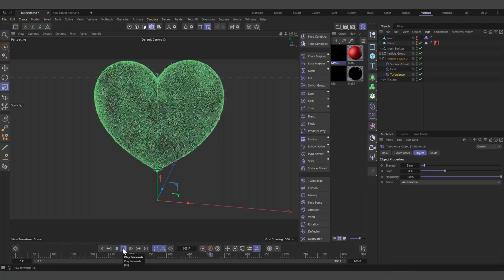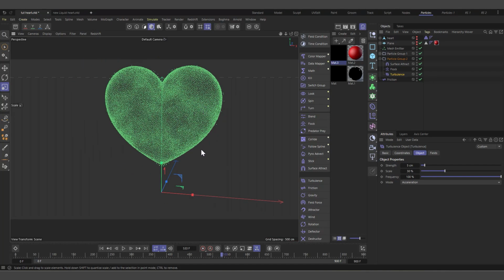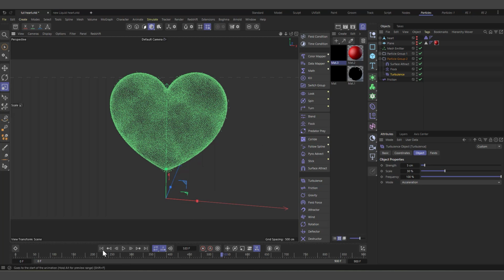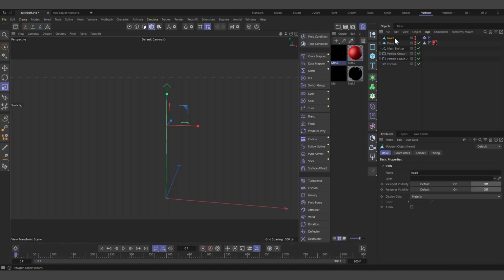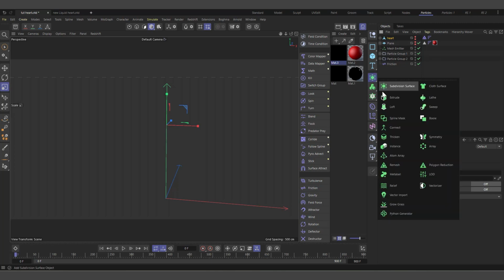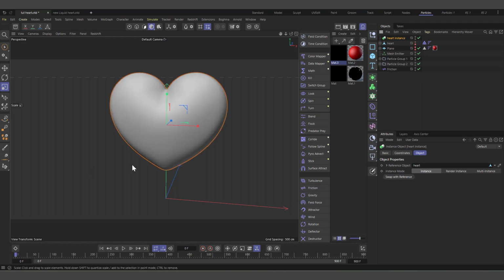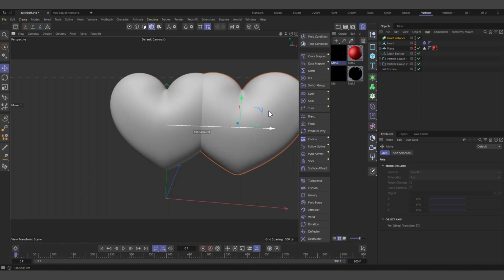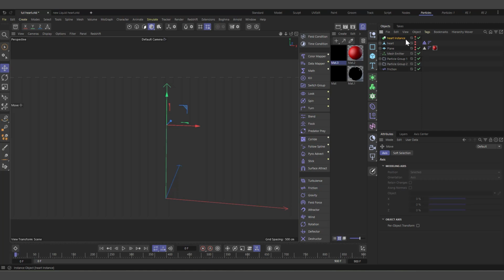All these, I mean, depends on what you want, right? So now we can see some of the particles are getting away, and what I did to avoid that is, first of all, I took the hat. See this hat, right? I created a second version of it, but I use an instance object. So I come in here and create an instance object, right? Select the instance object, and that's a copy of the hat that I've created. If I select it and press E and move it, you can see I've created a copy of the hat,